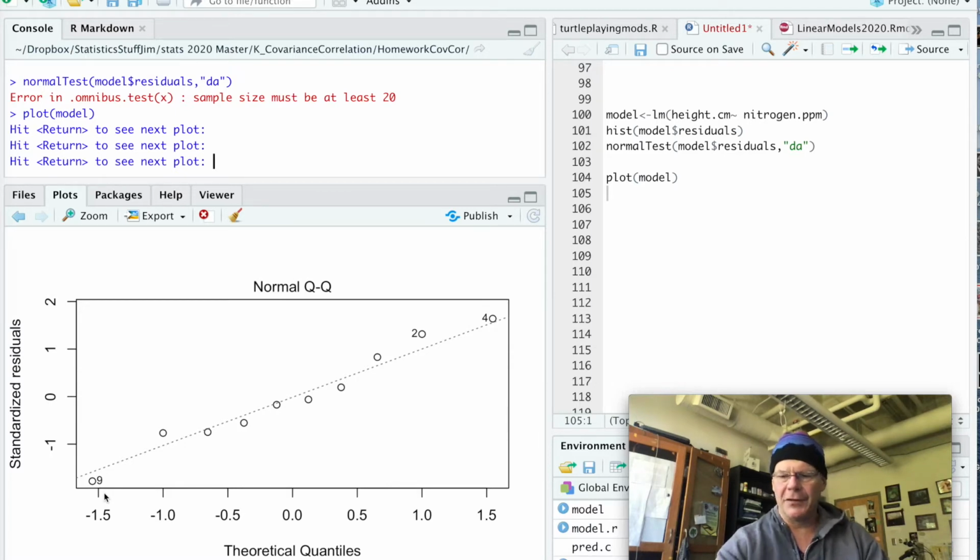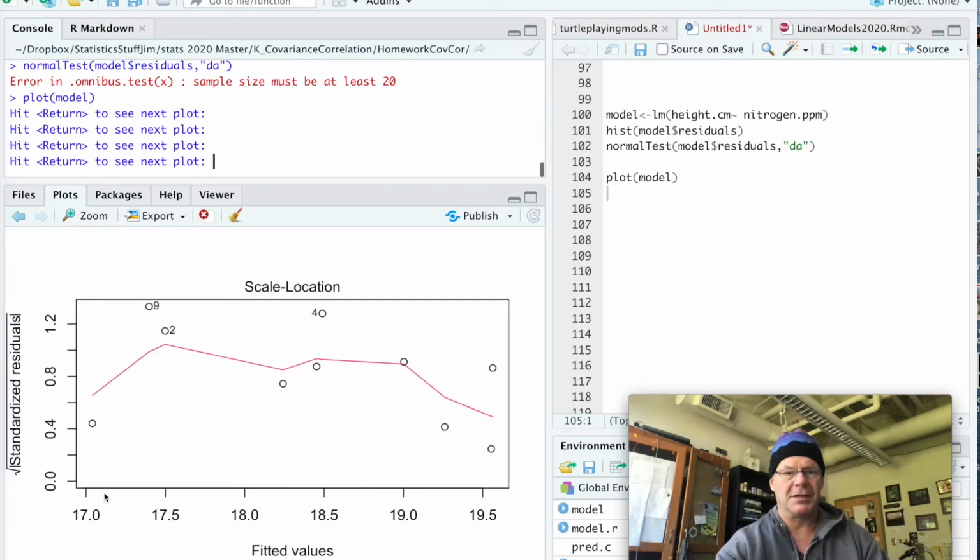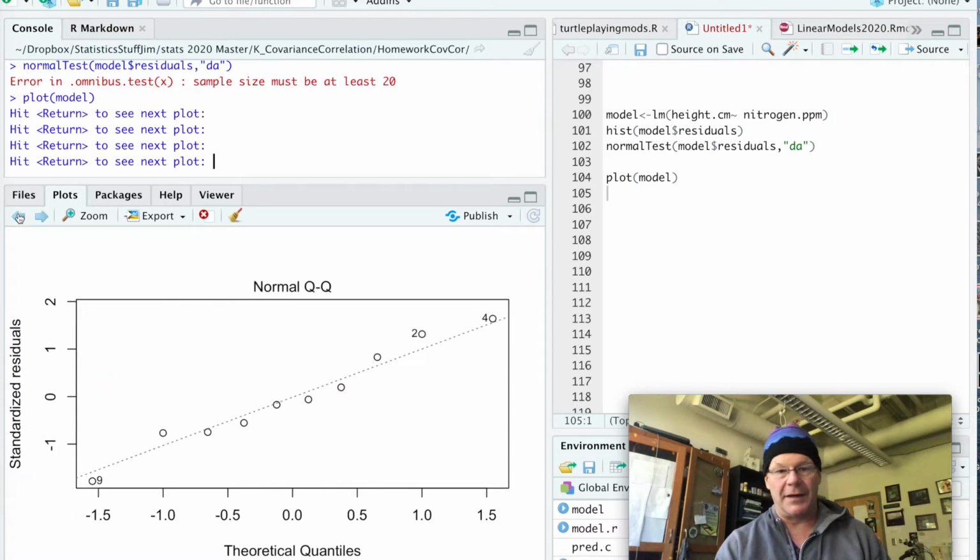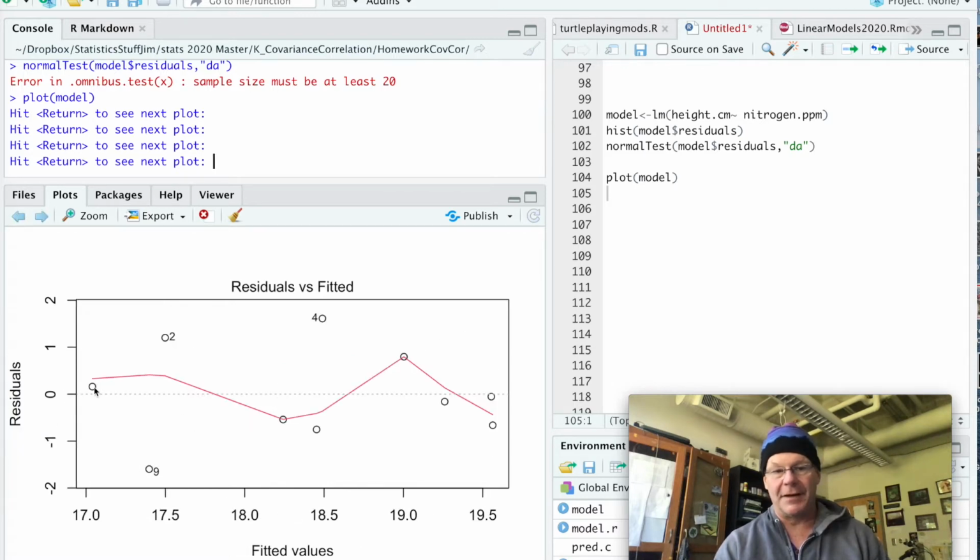Yeah, I like the first 2. Let's see what the third one has in store. The third one is another way of looking at the first one, essentially, except here the standardized residuals have all been made positive. So it's the square root of the absolute value of the residuals versus the fitted values. And so this is basically showing us the same information that we got 2 plots back,